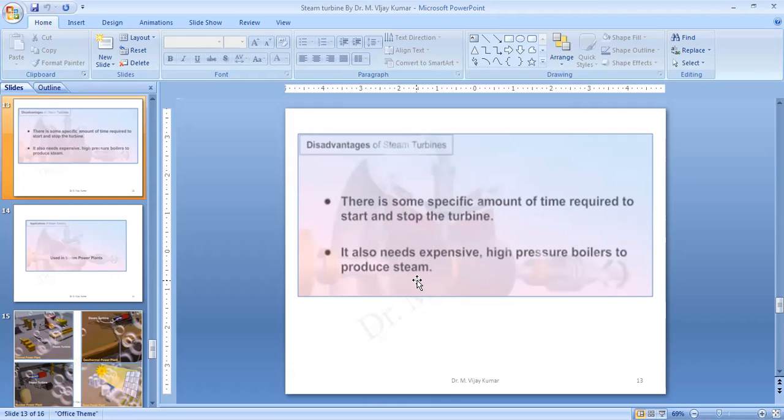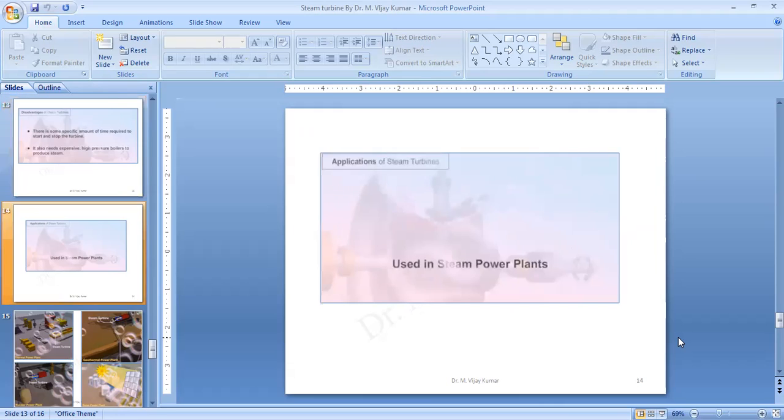Whenever we purchase a steam power plant, the initial cost will be very high, and in order to have high power generation, high pressure boilers are used. Low pressure boilers should not be used, because there are chances that inside the boiler high pressure energy should be generated, so that there is no kind of explosion in the boiler. So standard boilers should be there, and the cost of those will be very expensive. Those are the advantages and disadvantages.